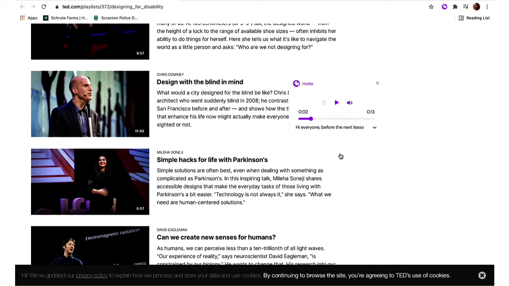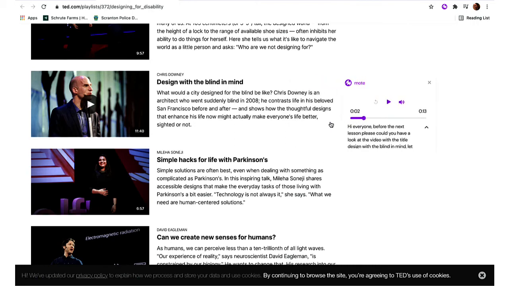My sticky Mote is stuck to the page, and I can access it by just clicking on the tab to the right-hand side. So what I would do now as a student, once I've listened to all of this voice note that my teacher's left, I would know exactly what was required of me. I'd jump into the video, be able to go back to Classroom and share my thoughts with both my teacher